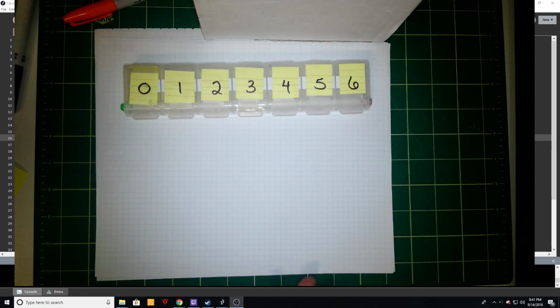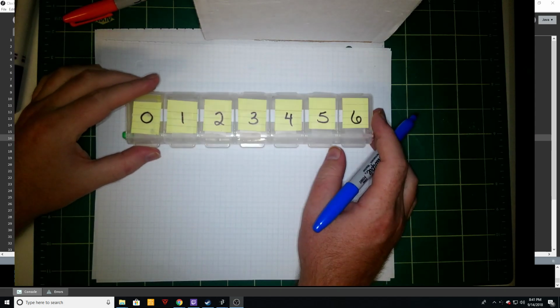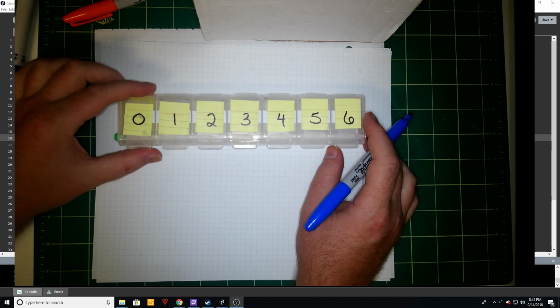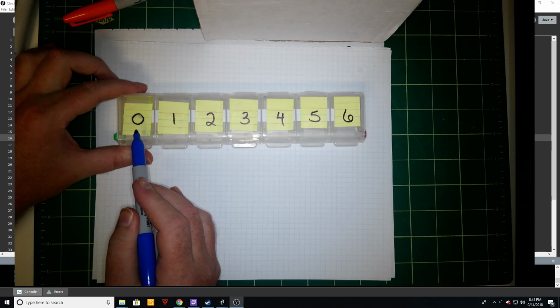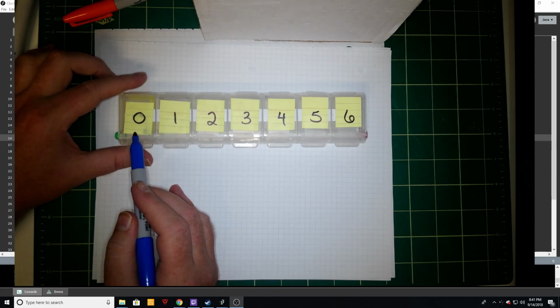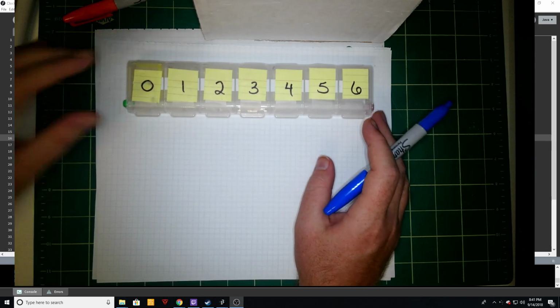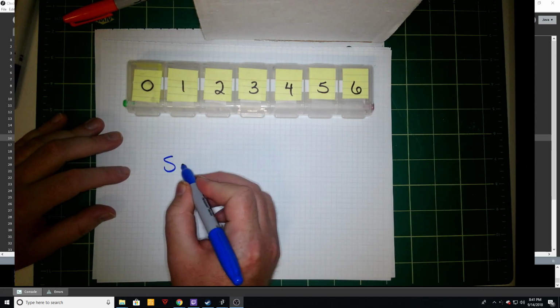So let's say we wanted to create an array for the number of students that I have in each of my classes. So here's my array, and I would need to tell it how big the array is. This array has been created with 7 total compartments. Notice that it starts with the number 0. Arrays are always addressed with the first compartment being the number 0. It's the 0th element of an array. And I would address it with the name of my array. So if the name of my array was students,